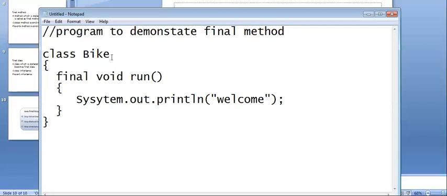So the superclass Bike is the parent class. Run is a method. I declare this with the final keyword. This becomes a final method.